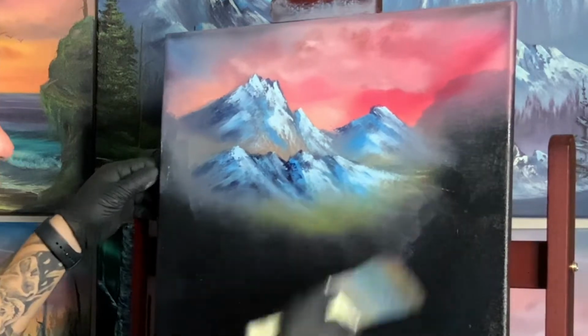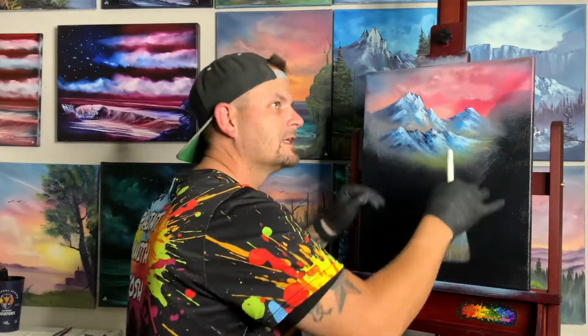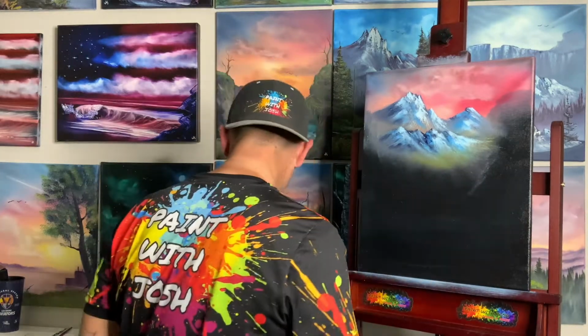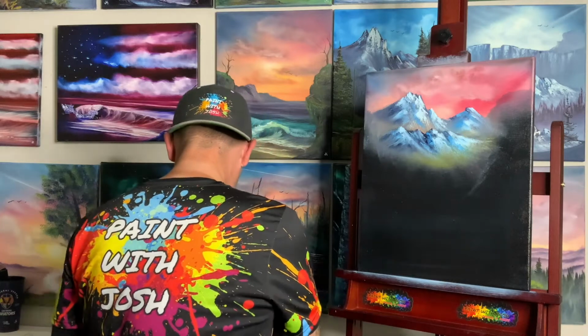Just like that. And all we're doing now, we're softening the bottom so we can put on another layer, and then another layer, and then another layer. And that's all we're doing is painting in layers. Layer upon layer upon layer. Now, let's come back